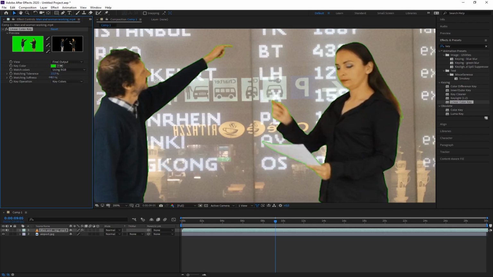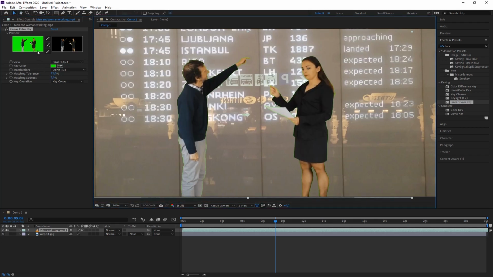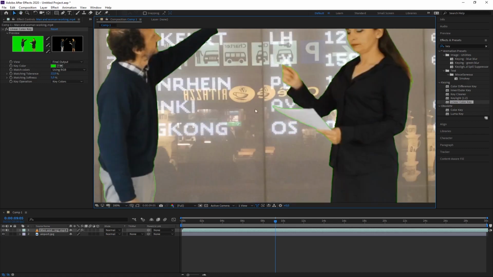Can soften the thing, but I'm not a big fan of softening too much. That's good. Okay, so it works quite well. I didn't have to define more. I could also define more different colors. But in this case, I want to show you one more effect that I placed on top of the linear color key, and that is to get rid of the green edges, because there's an extra